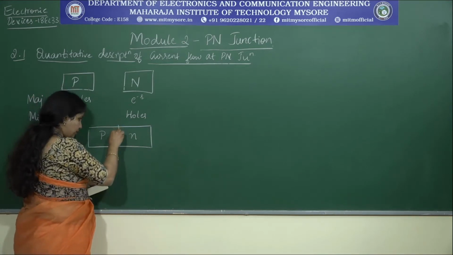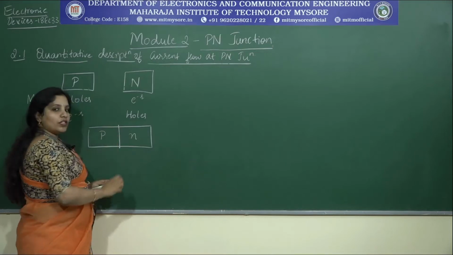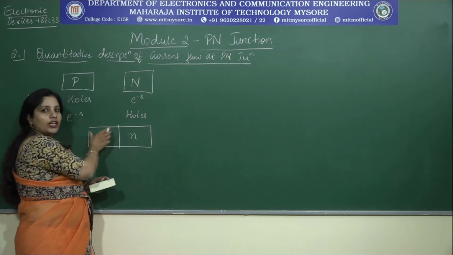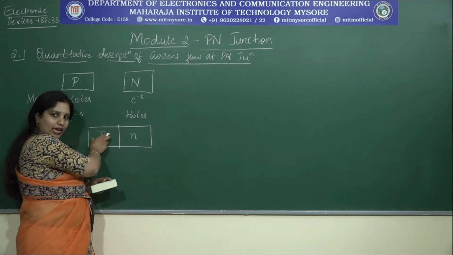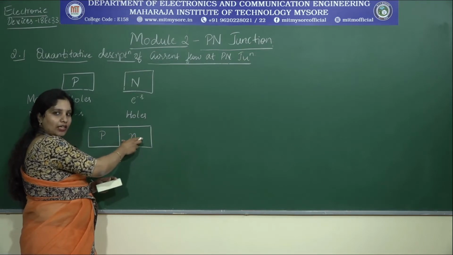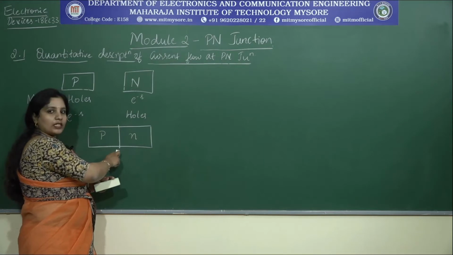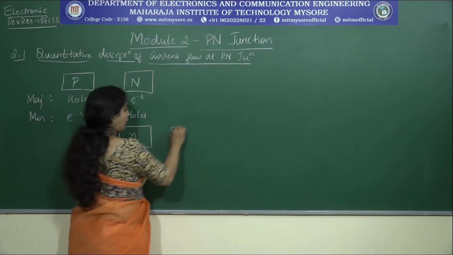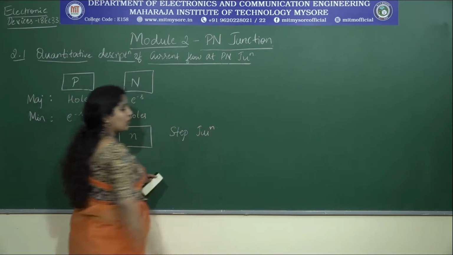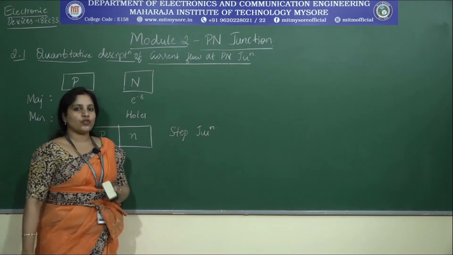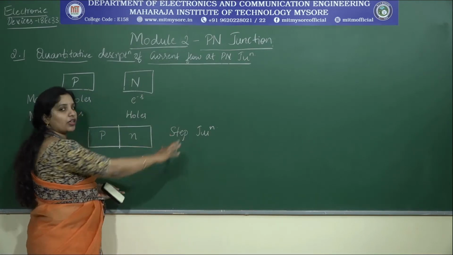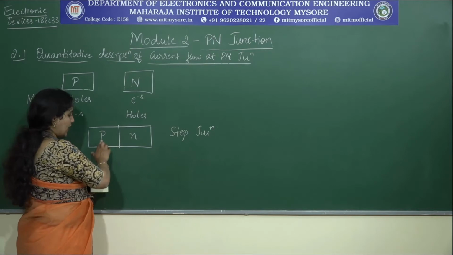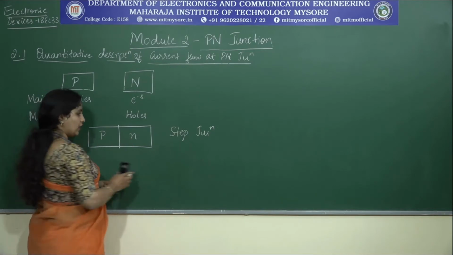So there is a junction. What is this? This is a junction which has two different kinds of materials at the two ends. In this kind, there is uniform doping of p-type at one side and uniform doping of n-type material at the other side, and there is a step junction present. Whatever junction is formed like this is referred to as a step junction. There is another junction called a gradient junction, which we are not interested in. So here the example we are considering is the step junction that is being formed. Now when these two are brought together, what will happen is,